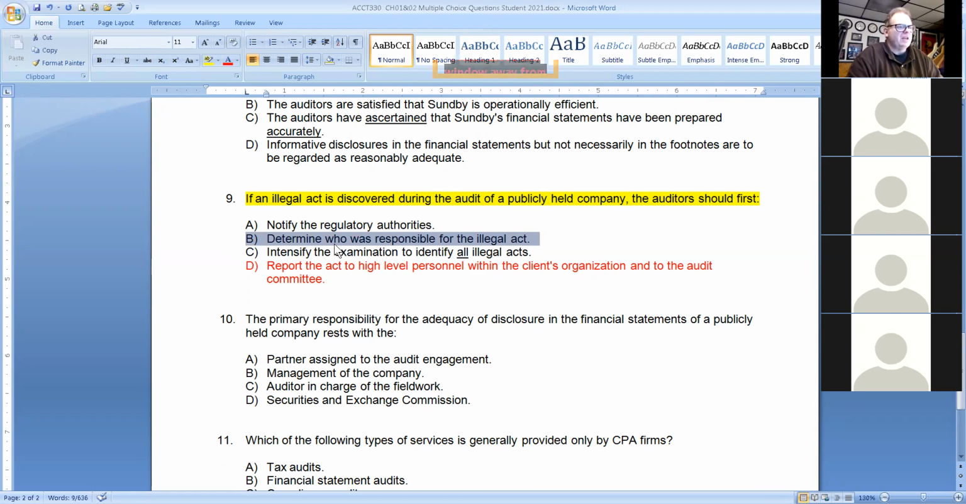So generally speaking, we're not there to determine who's responsible for it and all this kind of stuff. We don't go running to the authorities. We generally let the management take care of it. Now, there is a problem. It depends really on how high up the illegal acts go, and how severe it is. If it is material,